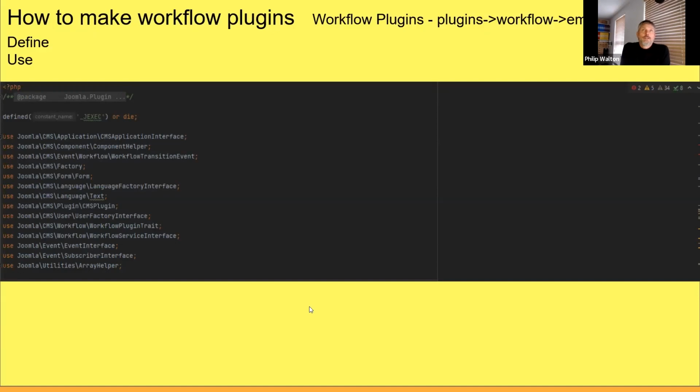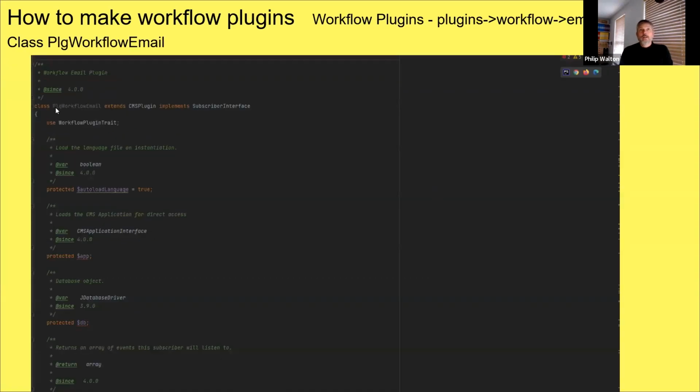And so I'm going to whiz through, because there's bound to be some questions, I'm going to whiz through the main file. So this is the email.php file. So that's workflow plugins, workflow email, email.php. So you always start off with defined or die, so that it can't be a point of entry. Then we pull in the interfaces that we need to use. So this is giving us the ability to use a lot of different things that Joomla can pre-set up for us. This is one of the powers of Joomla, and using a framework such as Joomla.